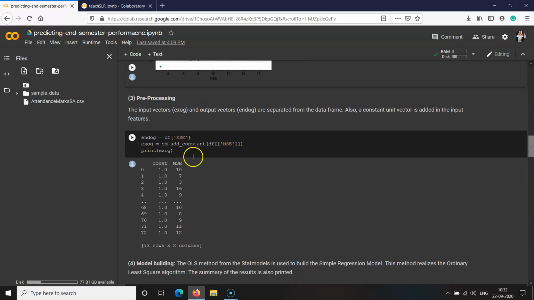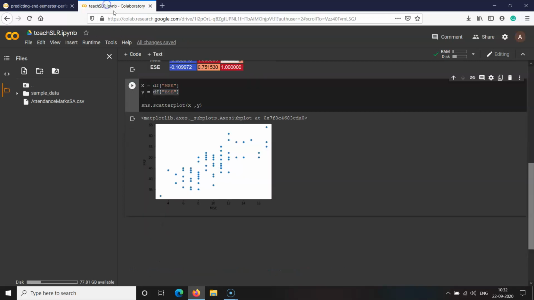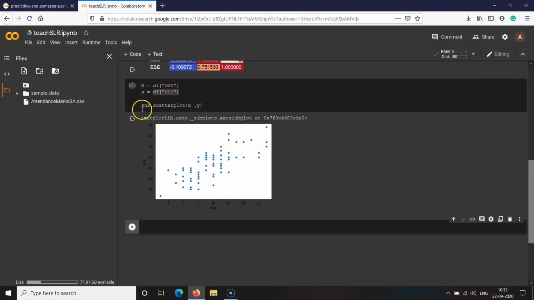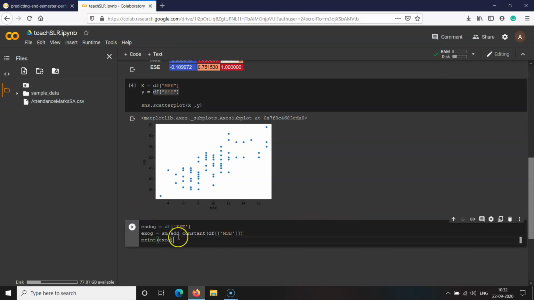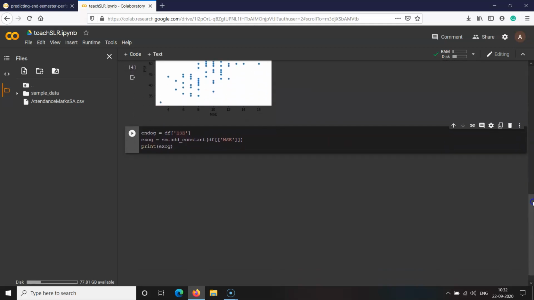So the next step after performing the data visualization is to pre-process the data. In the pre-processing of the data, we are separating the input vectors from the output vectors, and let us see how it can be done. So here my output variable, which I am calling end OG, is the end semester examination mark.